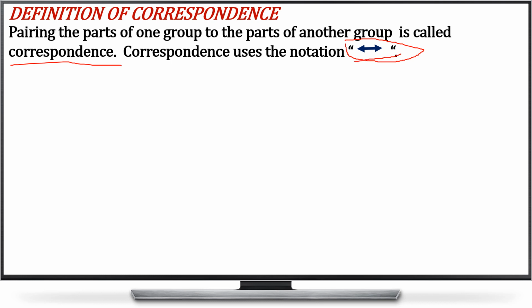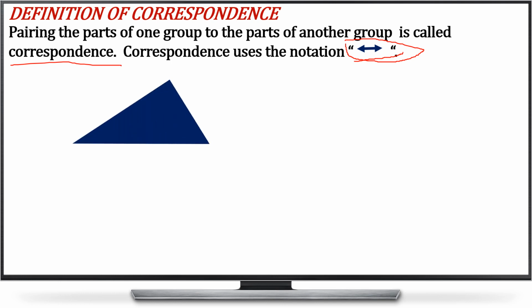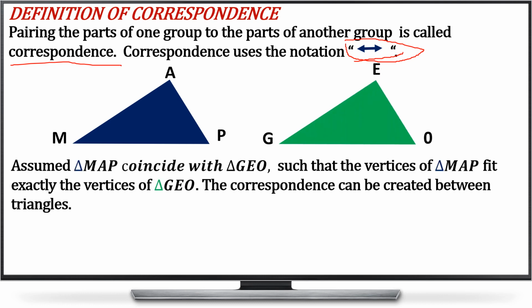Ang basa natin dito is correspond to. Ang ibig sabihin nun, yung two figures ay correspond sa isa't isa. Meron silang equivalent partners. Let's consider this triangle MAP and triangle GEO. Let's assume that triangle MAP, this triangle,